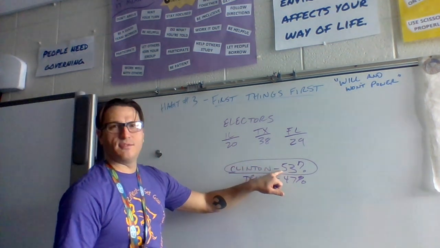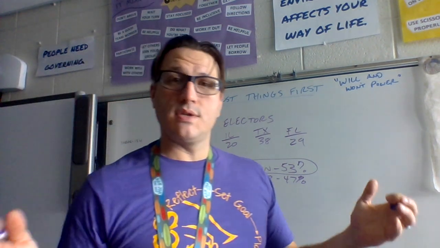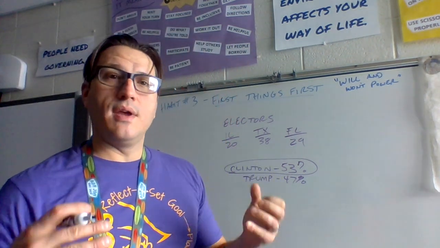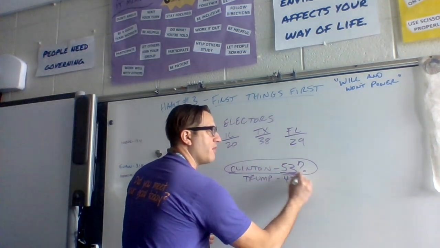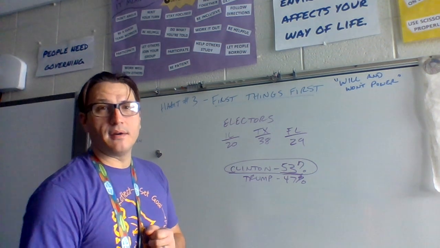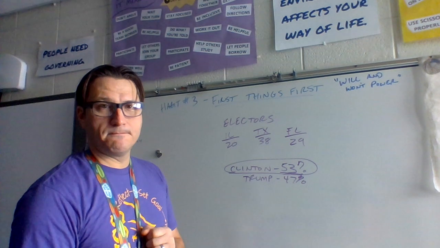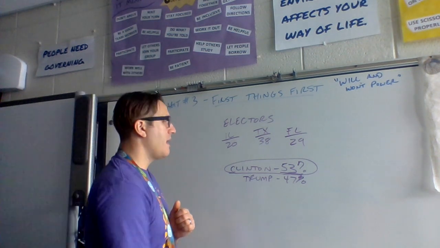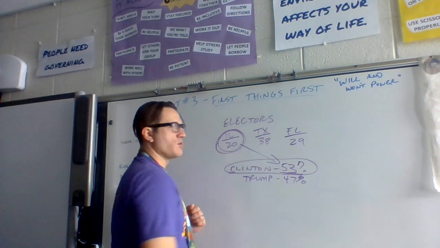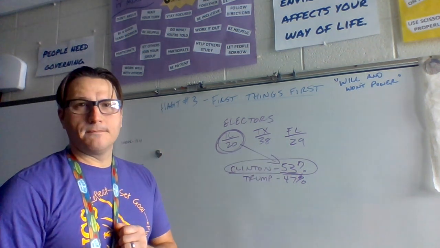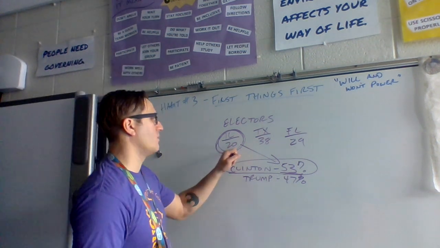That does not mean Clinton gets 53% of the electoral votes, because in Illinois, and like most of the states, Illinois is a winner-take-all system. So if Clinton won most of the votes that people put out there in Illinois, which is 53%, it's over half, that means Clinton got all 20 of the electoral votes for Illinois. Okay? They don't divvy them up. There's only a couple states that actually split up some of these electoral votes.